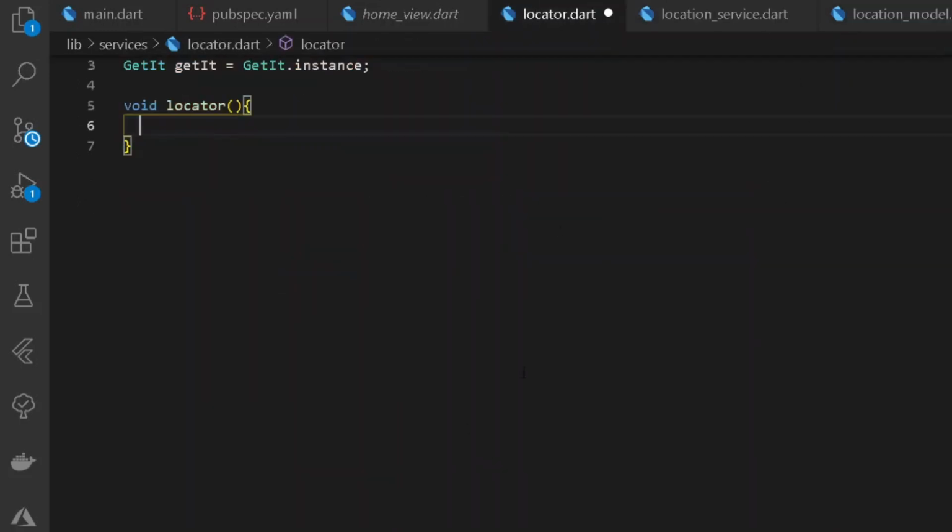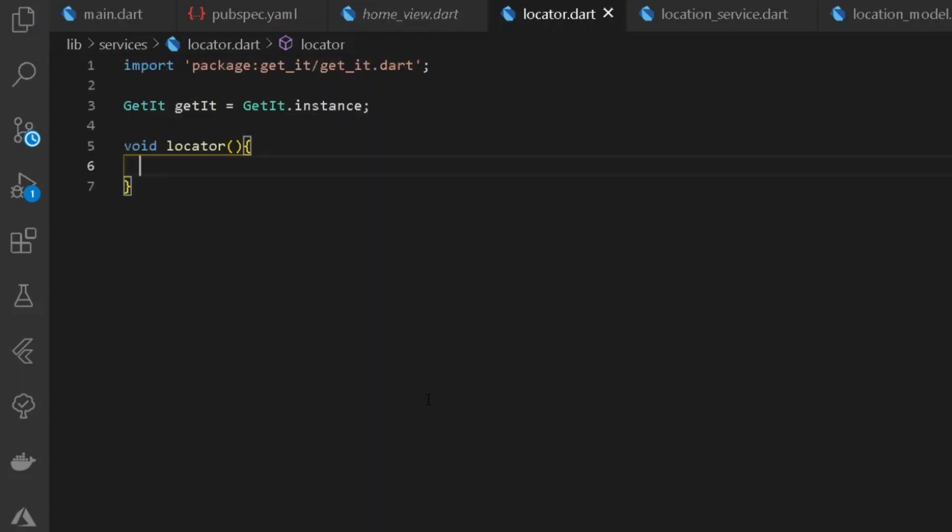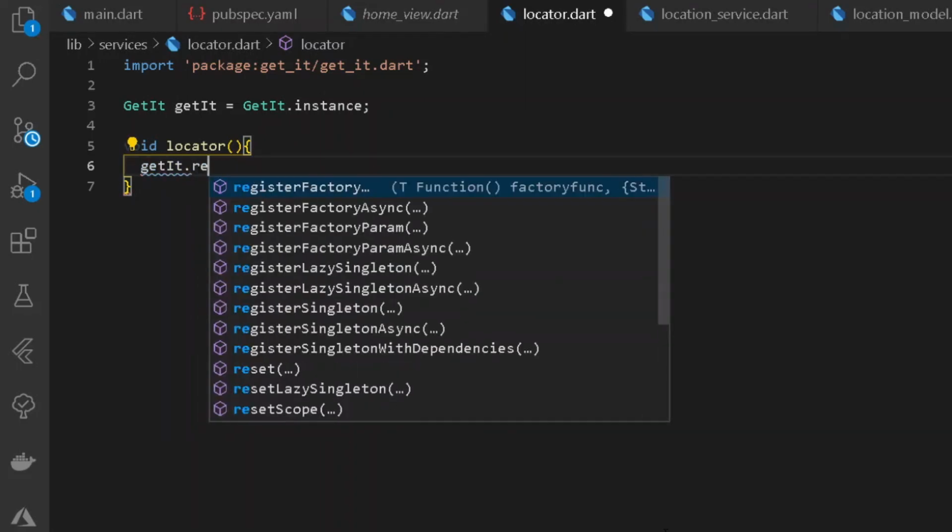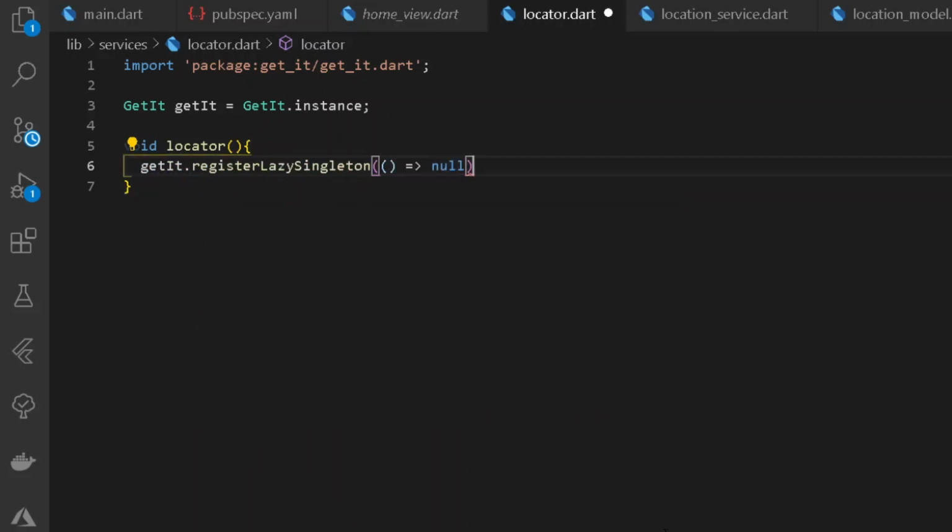And now let's go under our locator, and here we shall be simply taking up the instance of our entire model of our location model. So here I can be simply writing a new getit, that is the instance of getit, and simply register a following getit under a form of singleton, that is a lazy singleton. Now the purpose of using lazy singleton is that the following model shall be only initialized once the following app is loaded. That only when we shall be requiring the purpose of our model, at that time only we shall be requiring, that is we shall be taking up data from the model.